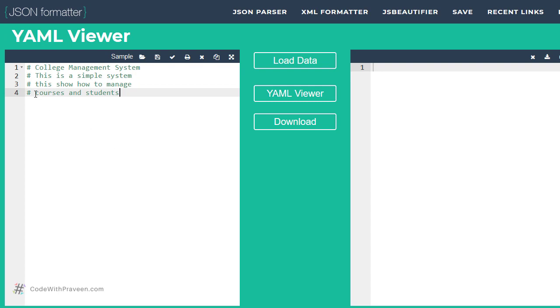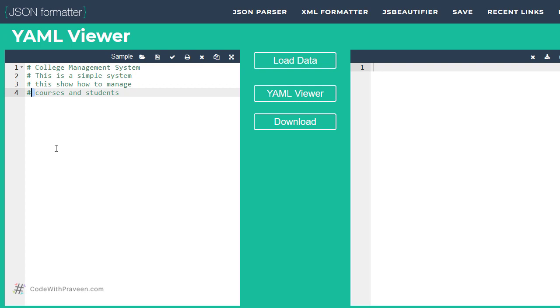One recommended approach I would like to tell you is that when it comes to comments, I prefer to leave a space between the symbol and the actual text, so that it is easier for you as well as other developers to read these comments. Also, depending upon the tool that you are using, some of them support shortcut key combinations. For instance, you can use control followed by the slash in some of the IDEs to comment out the lines. If it's YAML, then it's going to comment out all those lines.